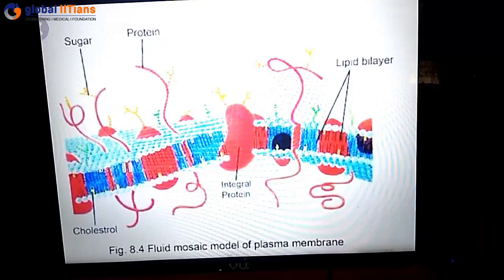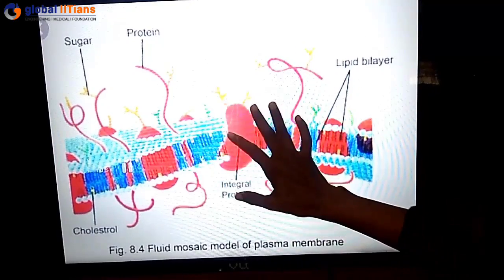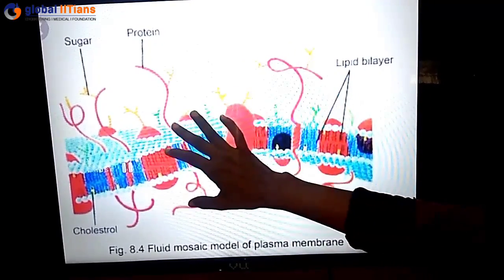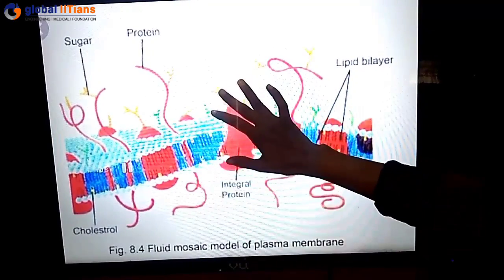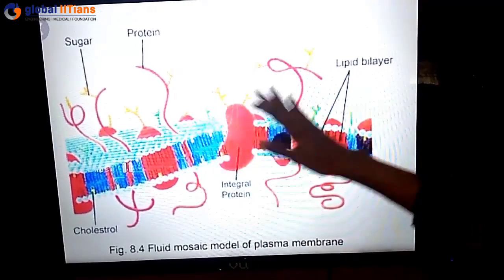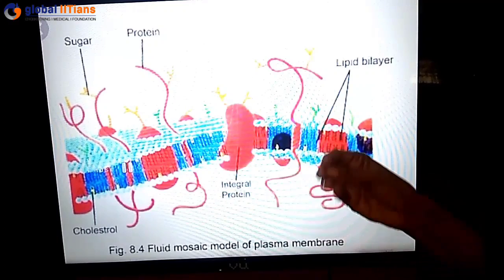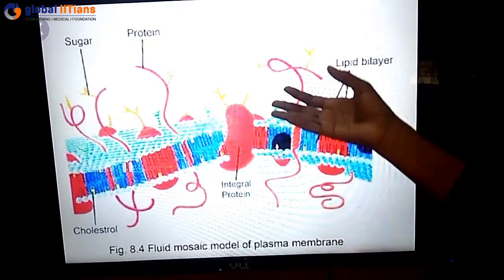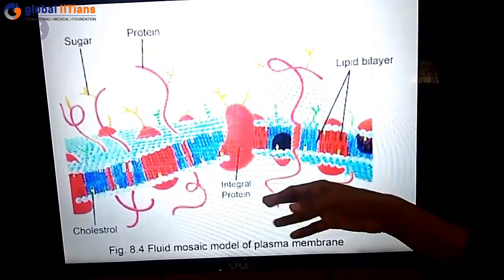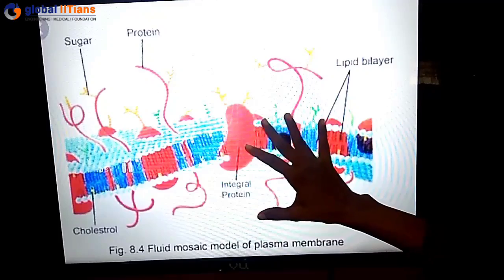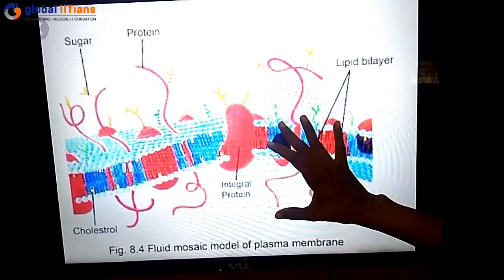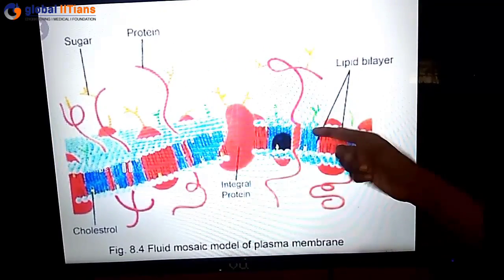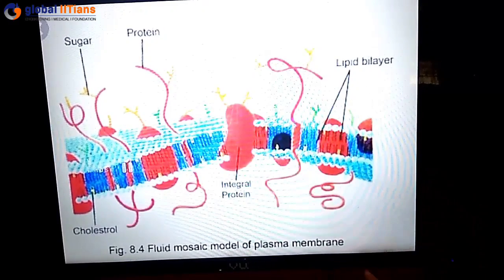So this is how the fluid mosaic model enables the lateral movement of proteins within the overall bilayer. Because of this ability to move within the membrane, it is measured as its fluidity, hence the fluid mosaic model. The fluid nature of the membrane is also important for functions like cell growth, formation of intercellular junctions, secretion, endocytosis, and cell division.